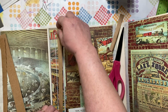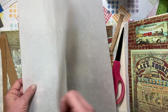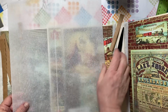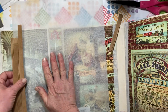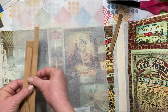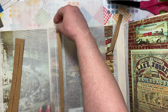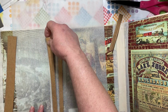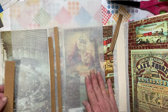And I'm going to put a piece of parchment on here. I want to be able to see through it. That was two layered, that was folded over, so I want to be able to see through it. So I ripped it in half so that I can make sure that I put this where I want it. Now this is going to make that cardboard about as tall as the book board there, so that when I set a heavy book on top of it, it is going to